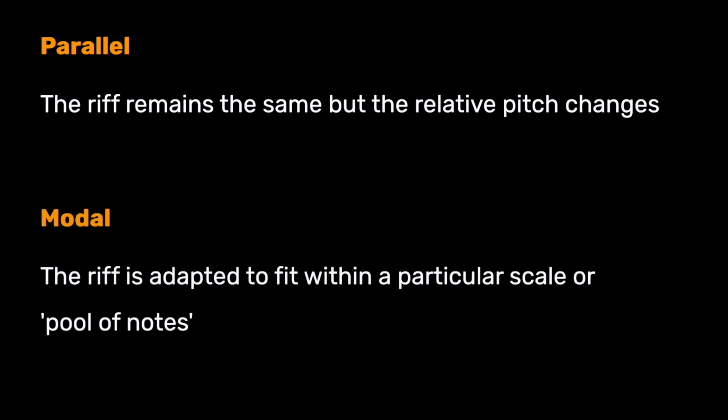So here's the key concept. With a parallel sequence, you're prioritizing the riff or the cell or the melodic idea that you have. You're saying, this is always going to be the same no matter what. I'm just going to move it around in interesting ways. Whereas in the case of a modal sequence, you're prioritizing the pool of notes, i.e. the mode or the scale that you'll be using, instead of prioritizing the exact shape, which means that you just have to tweak the shape a little bit as you go through the different notes of the scale in order to fit. So there's more of a trade-off or a relationship there between the two elements.